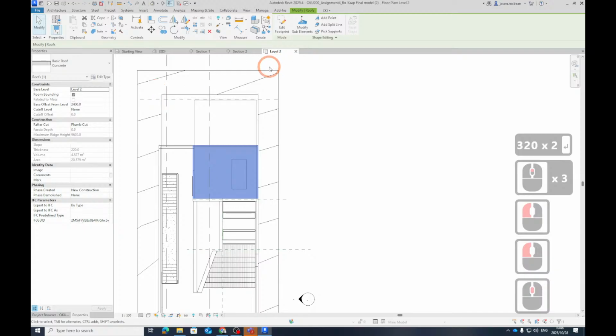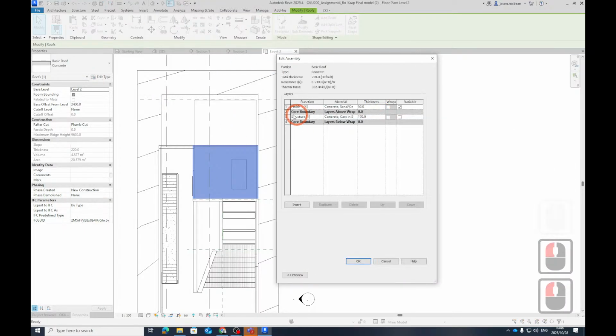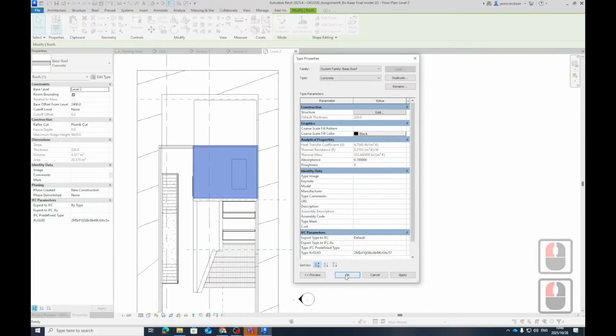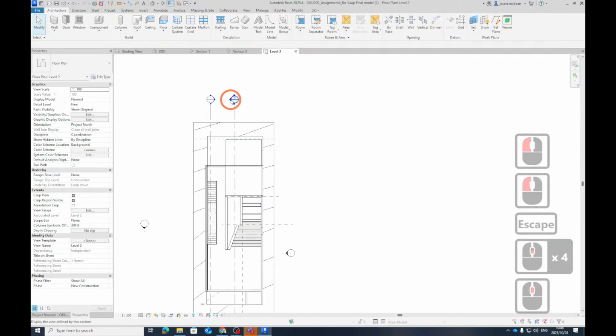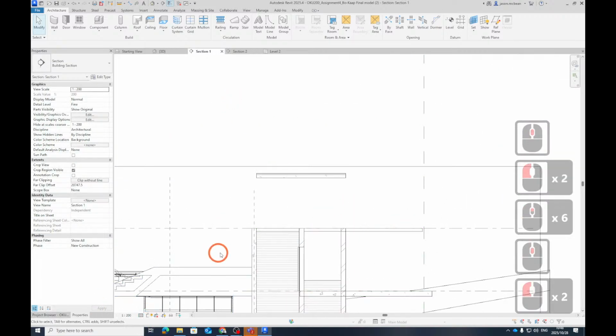Okay, so I'm going to go and say edit type. I just want to make sure. Edit, so that's going to be sand, concrete. Okay, good. So I'm going to go to section again. I'm going to go to this section. I'm going to change this to fine so I can see the makeup of, you see it's got a screed